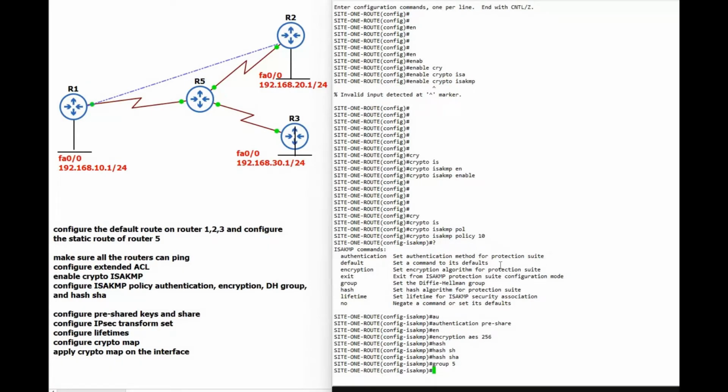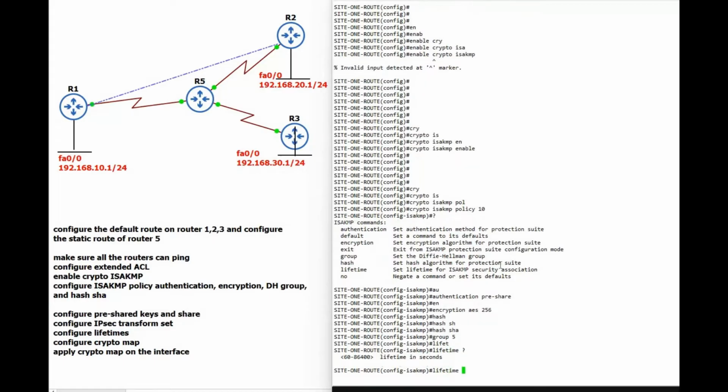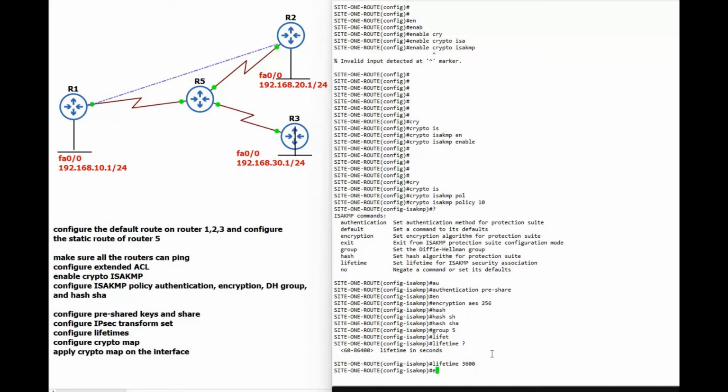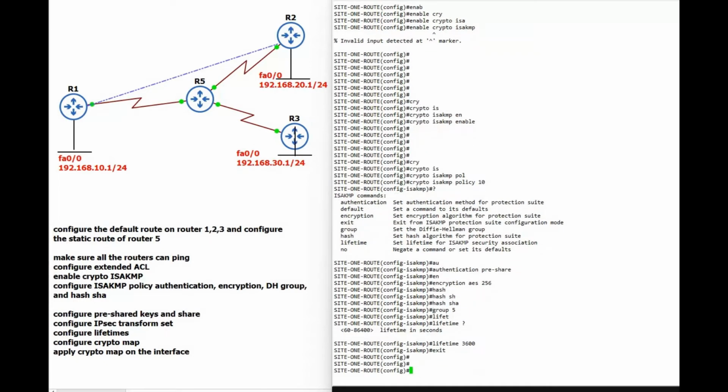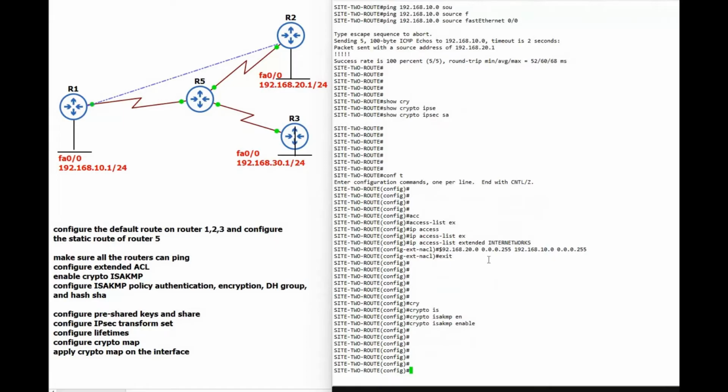Lifetime, you can choose 86400, but we are going to use 3600 seconds. Okay, now accept. The same way we are going to configure on router 2